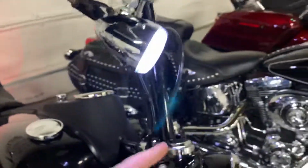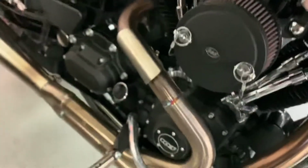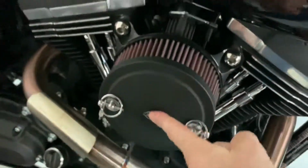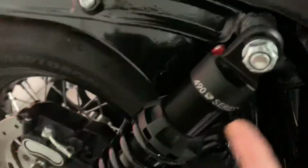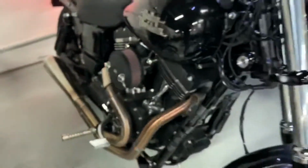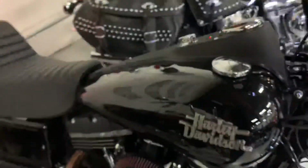So it has San Diego bars, Harley comfortable grips, a Bassani Road Rage 3 exhaust, an S&S air intake, a Power Commander, a Saddlemen step-up seat, 490 series Progressive suspension, and a lot of stuff has been done. Rides perfect. I've tried it myself, and it sounds amazing. I'm going to crack the